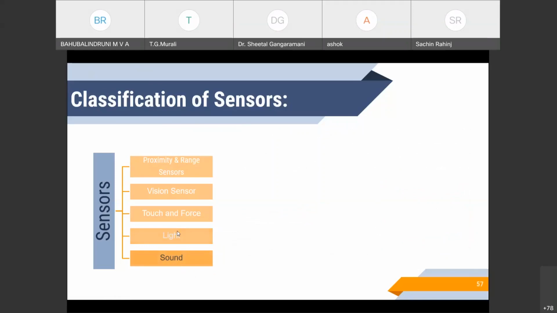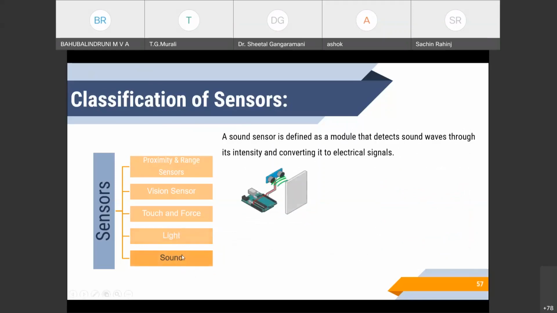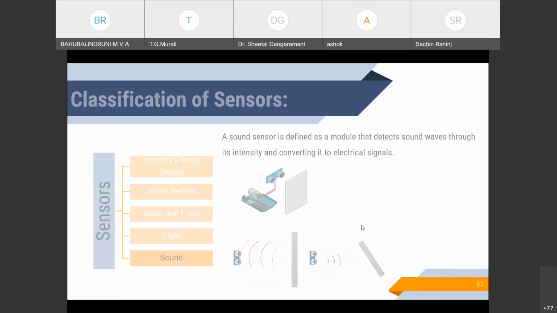And similar to the concept of the light sensor, the sound sensor also works. Here you can take the best example of our ear, how it works. It has a diaphragm with magnets that are twisted with metal wire. When the sound signals hit the diaphragm, it vibrates and current can be stimulated from the coil. So you can see